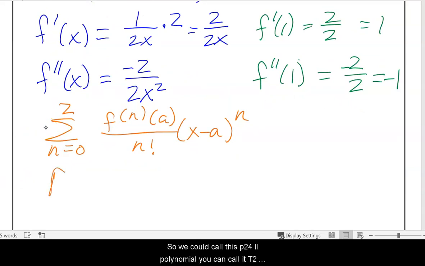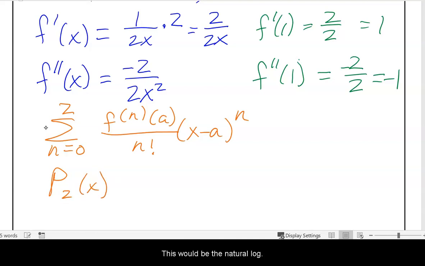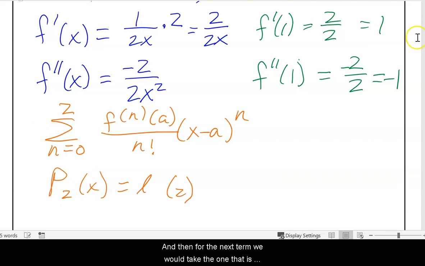So we could call this P2 for the second polynomial. You could call it T2 as well. P2 works for both Maclaurin and Taylor, so I kind of prefer that. So this would be the natural log of 2. All right. And then for the next term, we would take the 1 that is here, the first derivative at